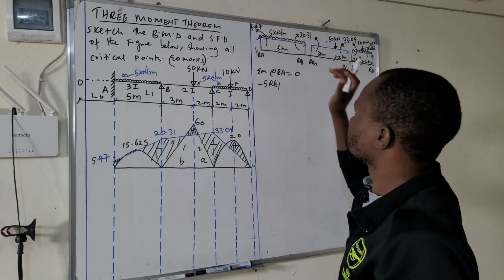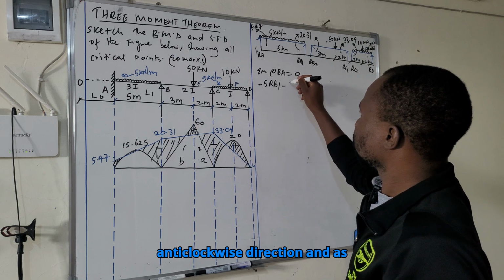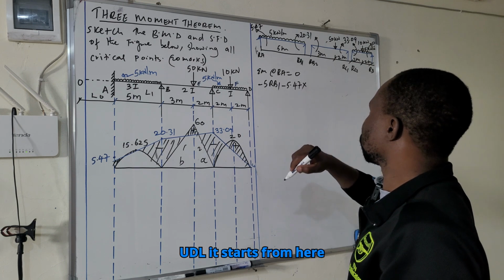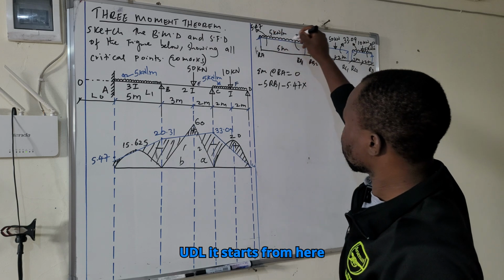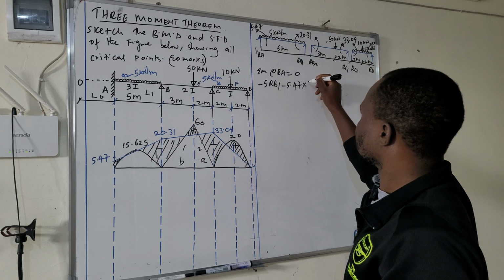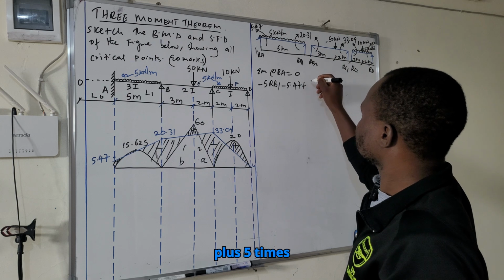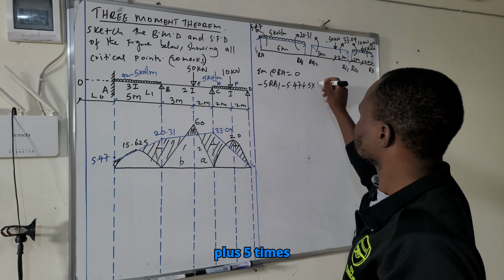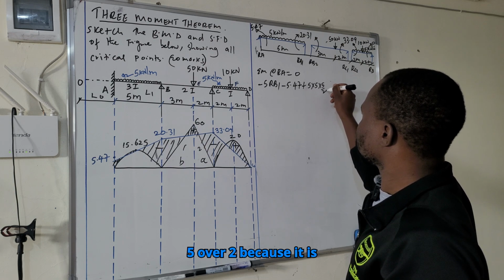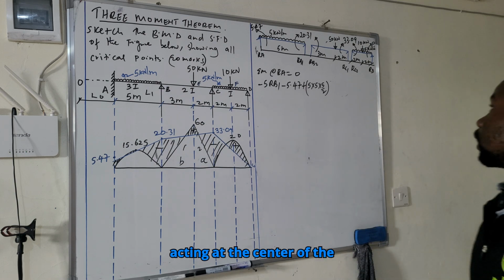Then you come to this moment, which is 5.47 in anti-clockwise direction, minus 5.47 times the UDL. It starts from here up to here, so it is moving in clockwise direction, plus 5 times 5 times 5 over 2